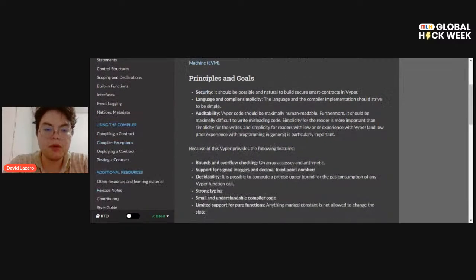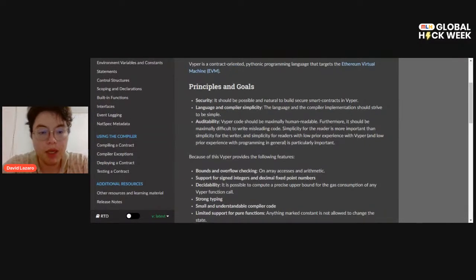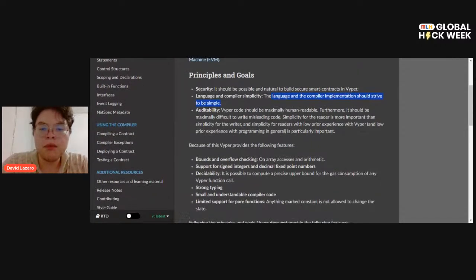So, principles and goals. The principles are: security, it should be possible and natural to build secure smart contracts in Viper; language and compiler simplicity, the language and compiler implementation should strive to be simple; and then auditability. Viper code should be maximally human readable. Furthermore, it should be maximally difficult to write misleading code. Simplicity for the reader is more important than simplicity for the writer. And simplicity for readers with low prior experience with Viper and low prior experience with programming in general is particularly